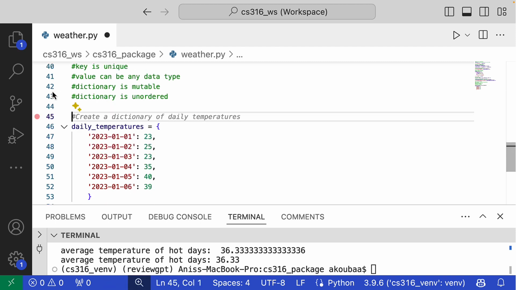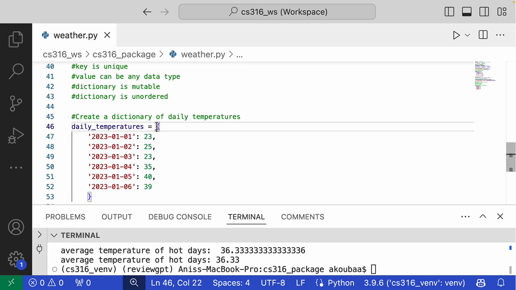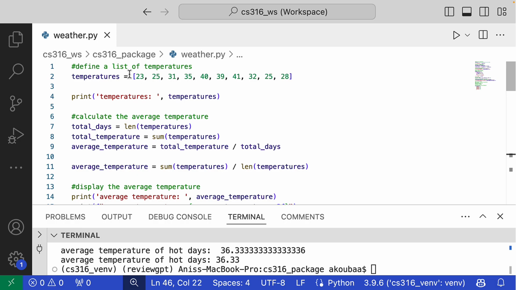A dictionary is defined with these braces, which are different from the normal brackets. Yeah, it's with these curly brackets. The normal brackets, this is a list. Okay, if you want to define a tuple, look,